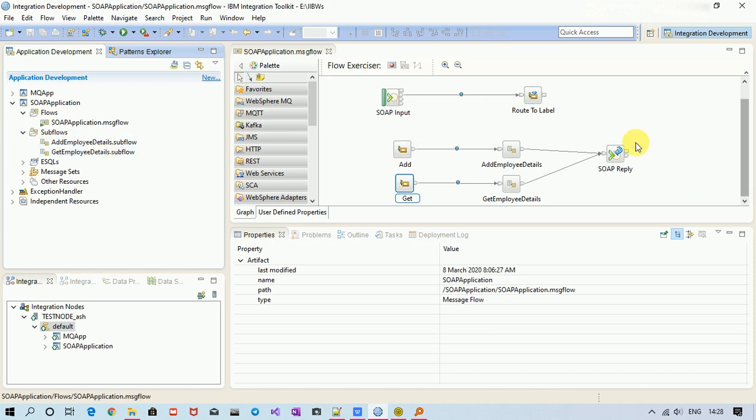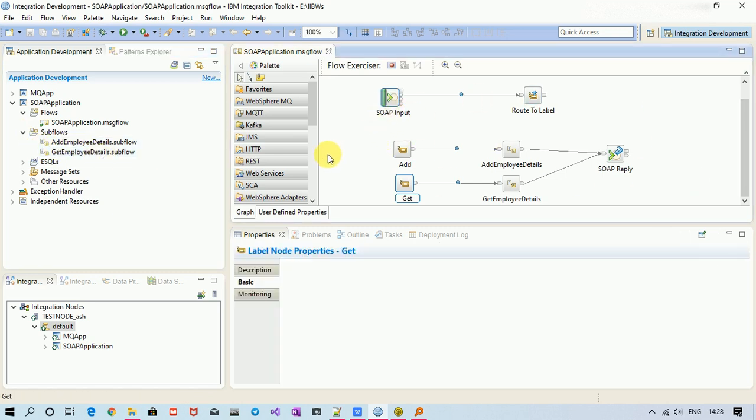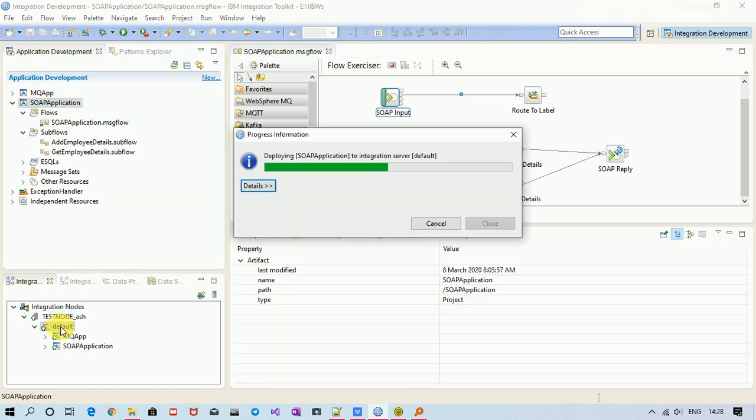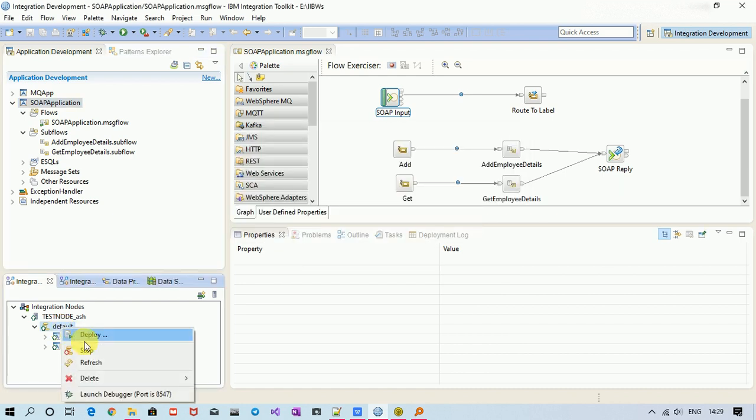So how is this happening? Let me deploy the application and see. It is deployed. Let me launch the debugger.